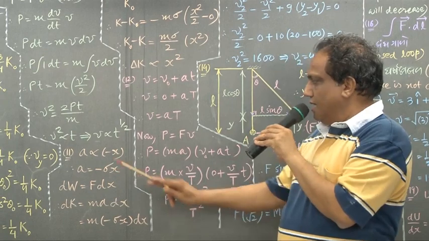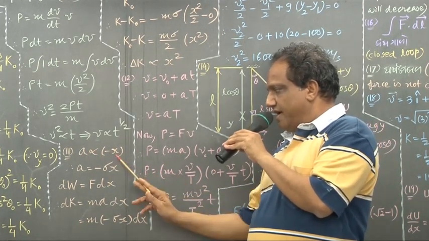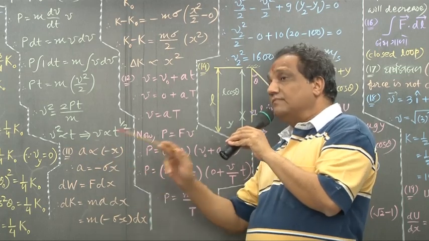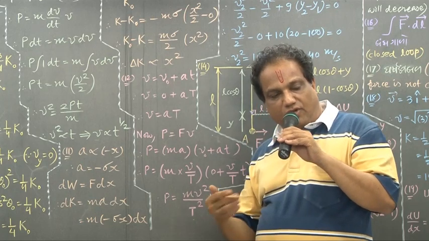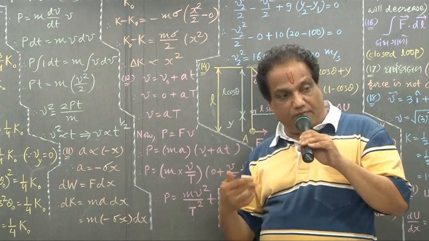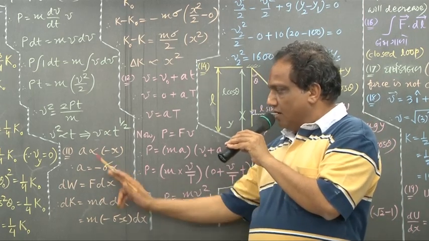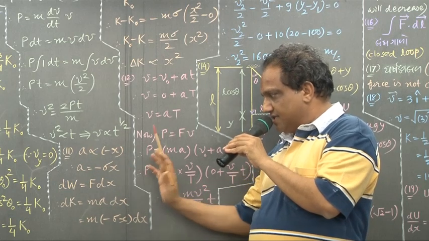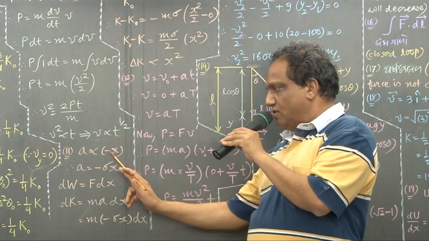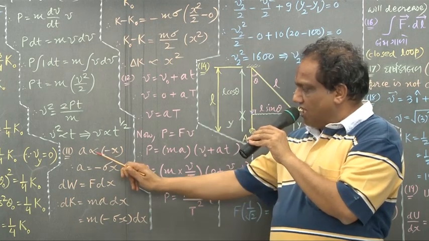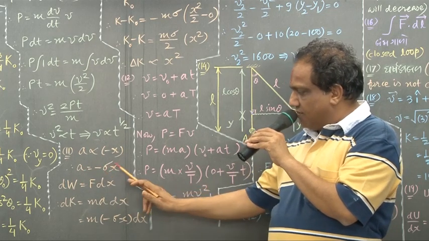Look, acceleration is proportional to displacement, then I should write x, but instead of acceleration they use the word retardation. Retardation means they mean to say deceleration. So deceleration should be taken with negative sign of displacement. Come on, a is proportional to minus x. That is, acceleration is directly proportional to displacement and opposite to displacement. Remove sign of proportionality, put proportionality constant, say sigma. Okay. So a equals minus sigma x.